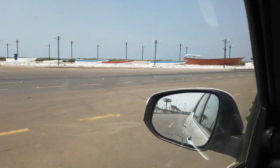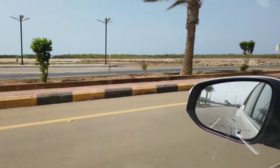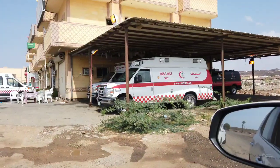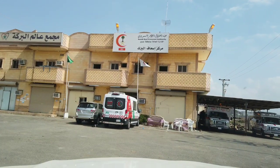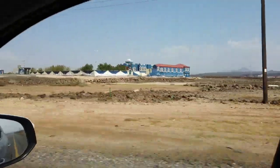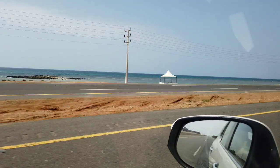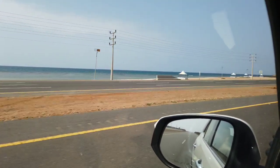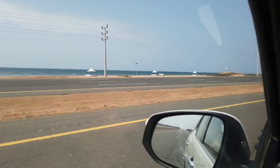Now I know what's the name of this town. Al-Birk. A-L-B-I-R-K. Birk. And look at the ambulances here in Saudi Arabia. And this would be classified as a clinic or an emergency response center. The Blue Hotel here outside Al-Birk in the mountains. And here next to the highway or next to the Red Sea, outside Al-Birk, one of my favorite towns, there is this